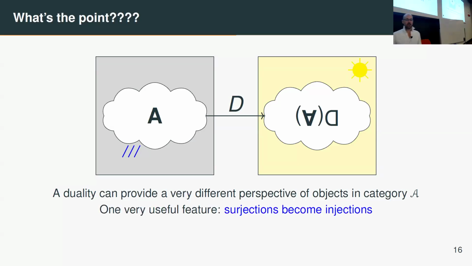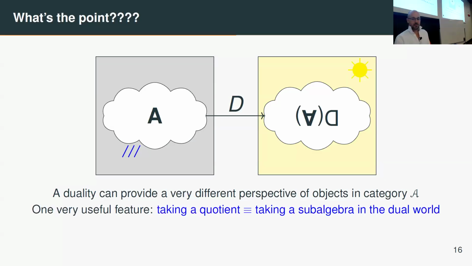So one very useful feature, and this is really critical here, is that surjections, so collapses onto homomorphisms in the first category, will become injections in the other category. And this is common to all of the basic setup that I mentioned. And that'll be very important. So what that means is taking a quotient, and we just saw how when we added on happy less than or equal to a picture, we were making collapses. If we did have a duality, on the other side, that means we're actually taking sub-objects of the dual. And this is what makes it computationally viable.